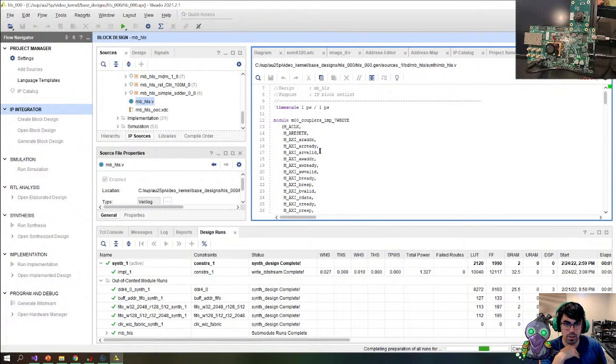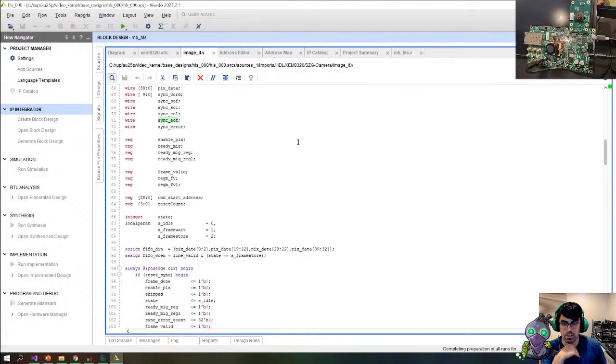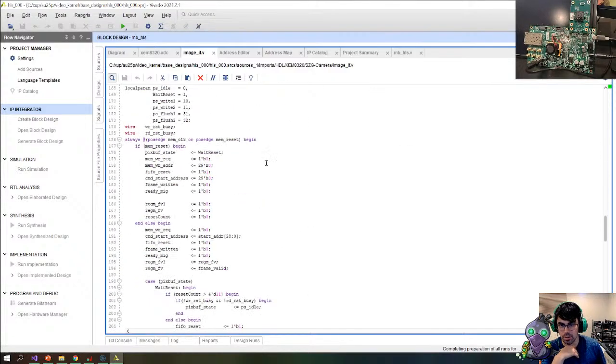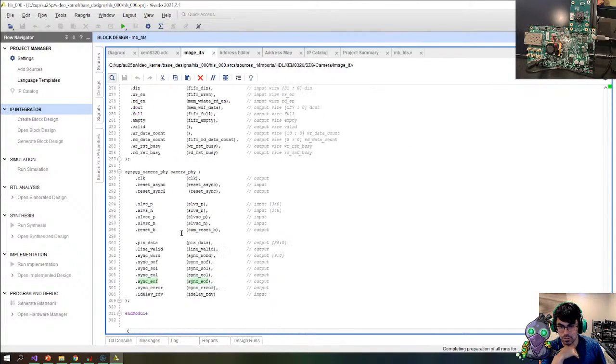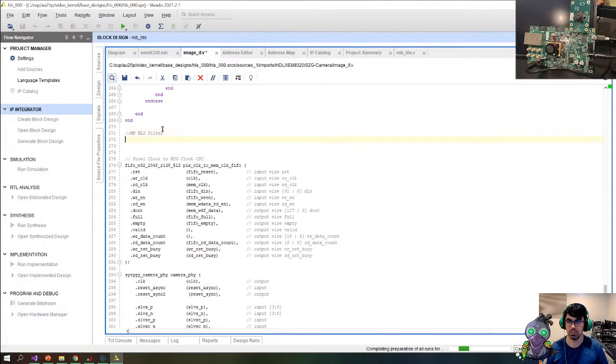So we have this module we have to insert into ImageIF. So ImageIF, we have these systems right here. So let's go ahead and do a microblaze HLS filter,